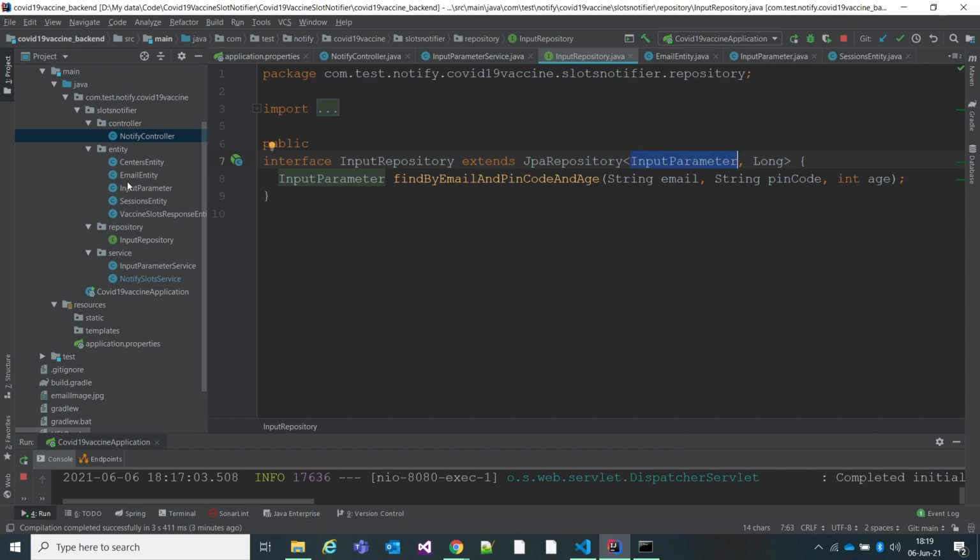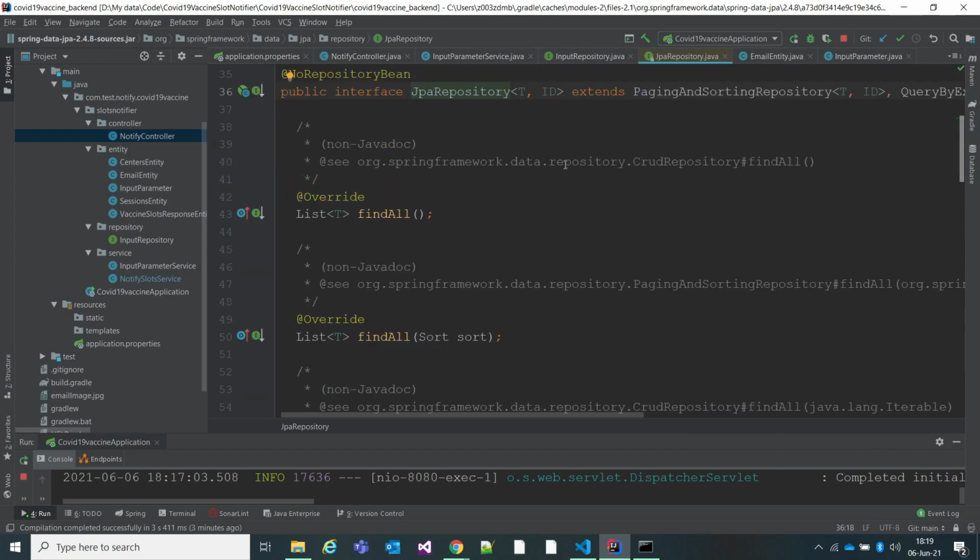For the input parameter we have created, input parameter will be a table created in the database. So you need to give the input parameter here, and Long is the ID type it takes. If you just give this, JPA will take care of all these CRUD operations.